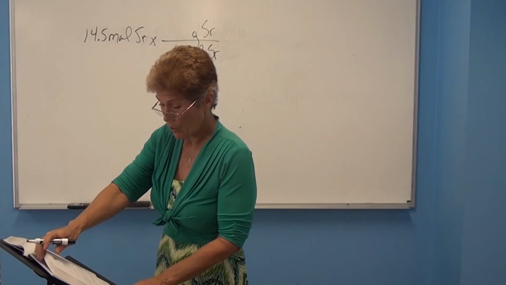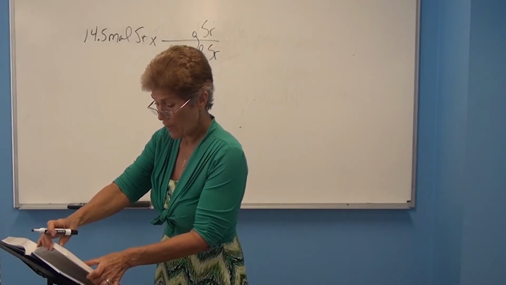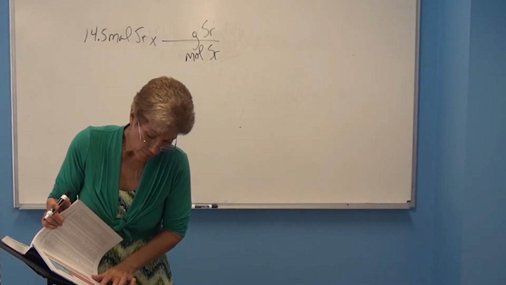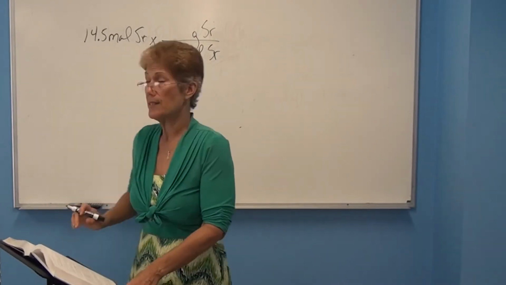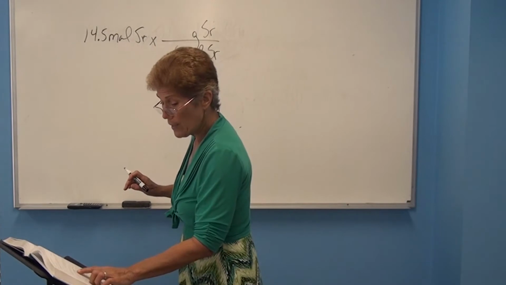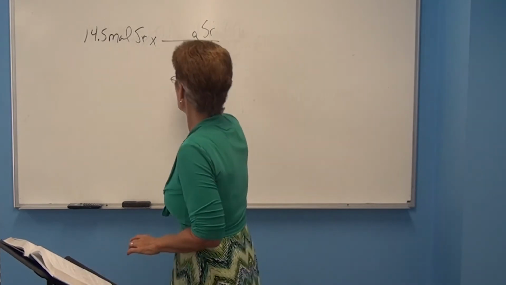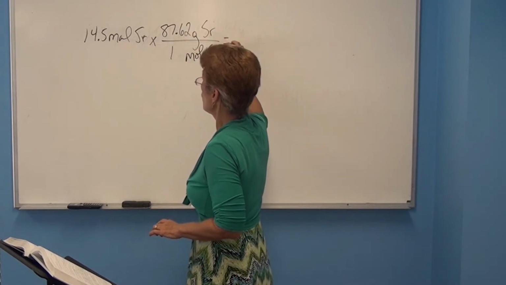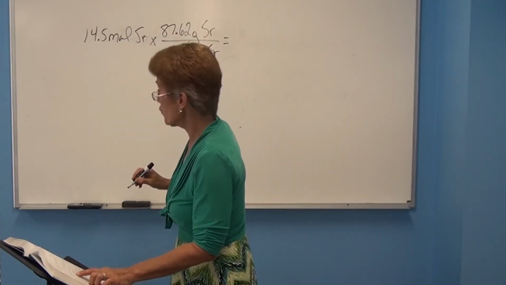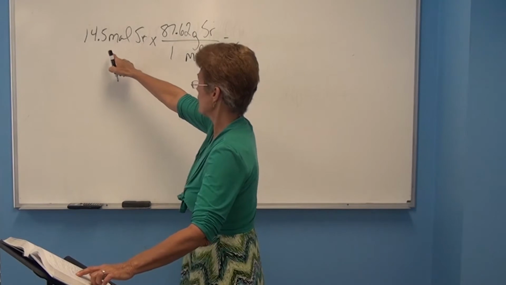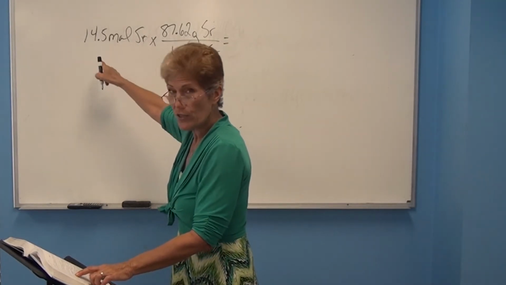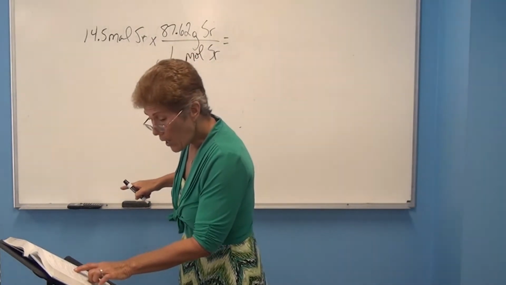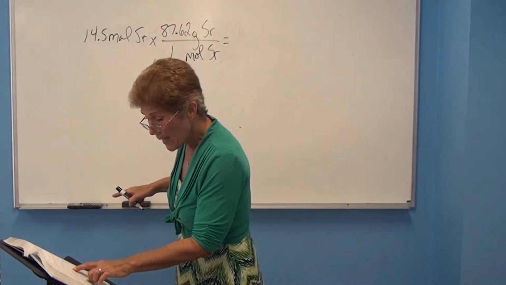And so you're going to go on your chart and find strontium, and it is a group 2 metal. Number 38 is the atomic number. And so strontium is 87.62 grams for every mole of strontium. And so you're going to answer in 3 significant figures because your original number was in 3 significant figures. And so the answer is going, it's actually